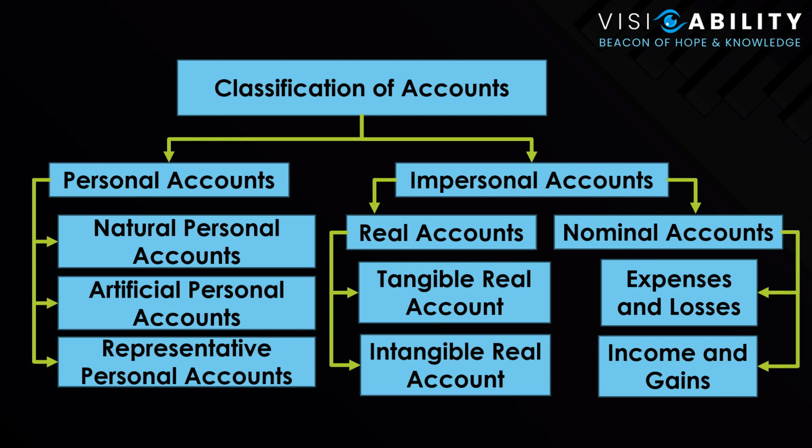What exactly do we have in impersonal accounts? Impersonal accounts can be categorized into two main things: the real account and the nominal account. A real account, as the name says, is something which exists, something which is real. Anything which is visible to your eyes, or which could be felt, or which has a physical existence is called tangible. So a building, a book, a motor car, or furniture, all those could be termed as tangible